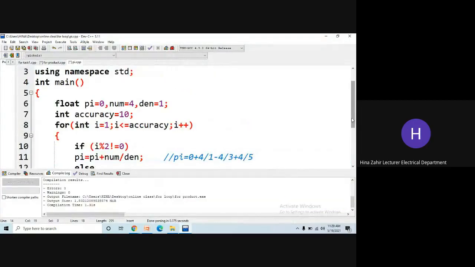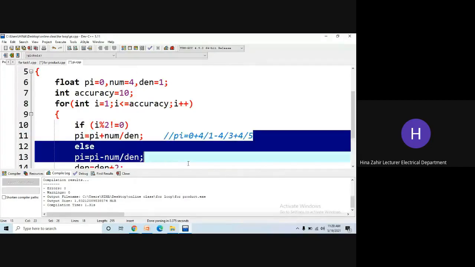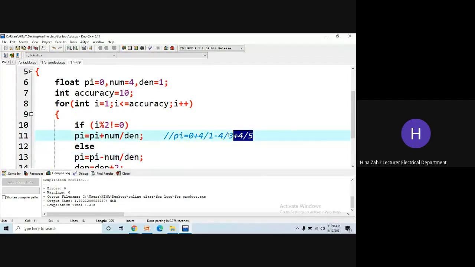Now let's run the for loop starting from 1 up till accuracy with a hop of I plus plus. Now I told you guys that the only problem here is the plus and minus alternating sign. And what is the solution here? The solution is that we are actually using the loop variable.